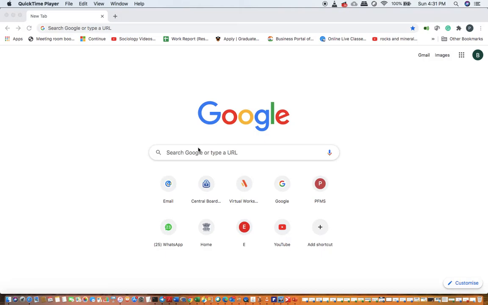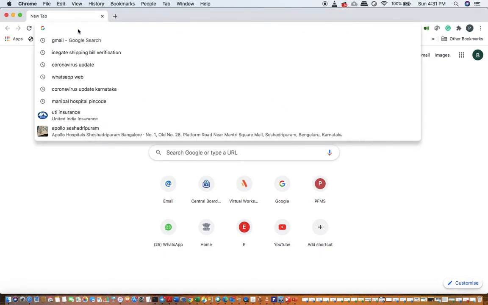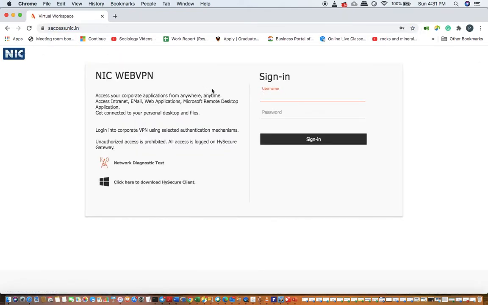So let's see. I will play the role of a CRU officer. Let's see what are the various functions that a CRU officer has to perform and how it is mapped to e-office. So first of all, I am logging into e-office platform with the credentials. So I am a CRU officer here. So I'll log in using the credentials of GOV ID of the CRU officer, that is me.